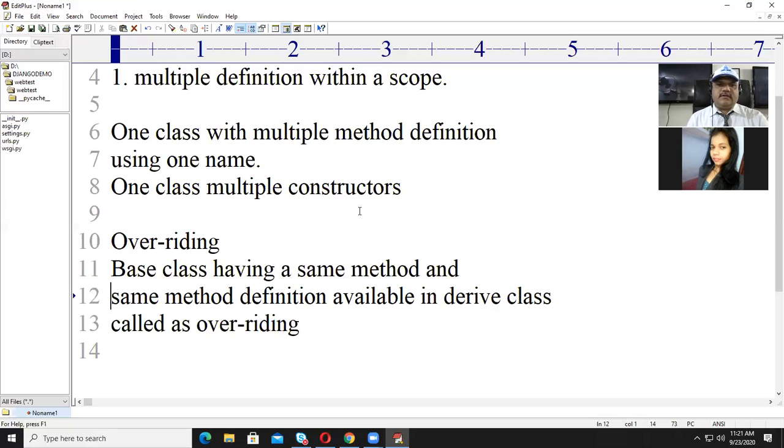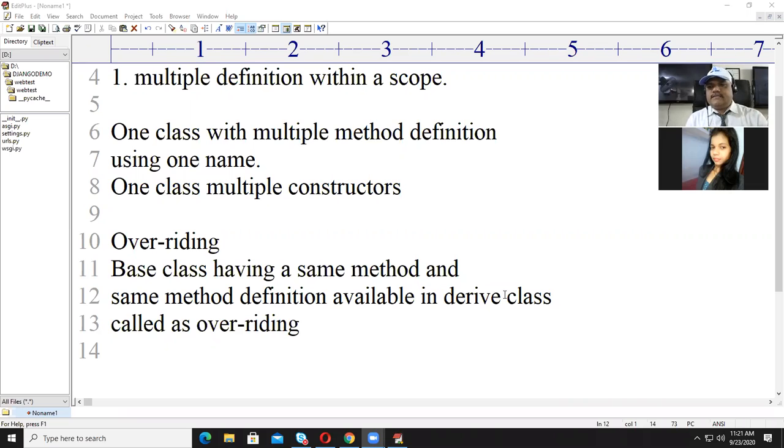Overriding means if a base class has a method, it is quite possible that the same method may be available in the derived class.